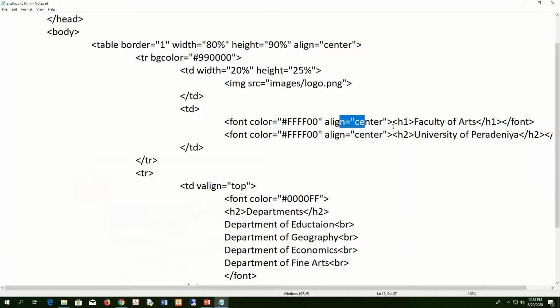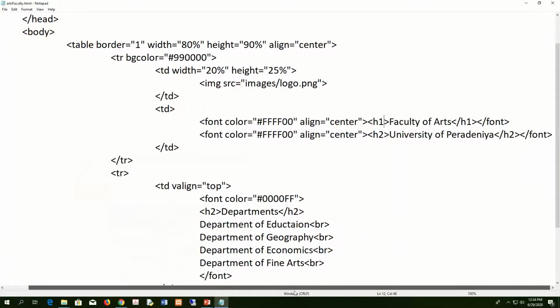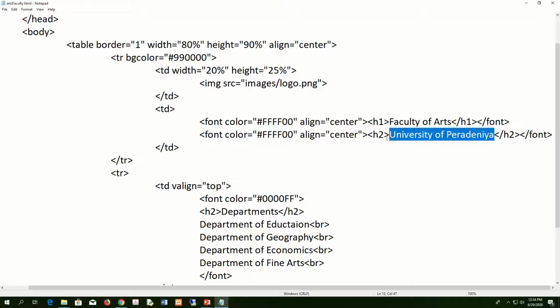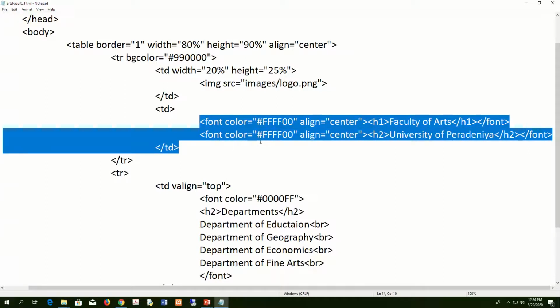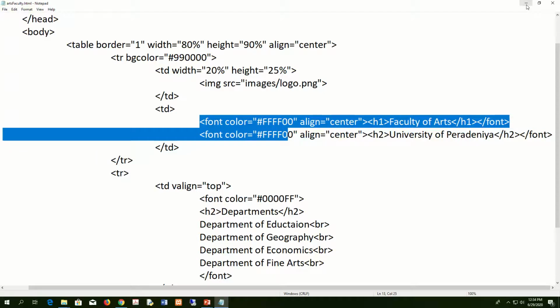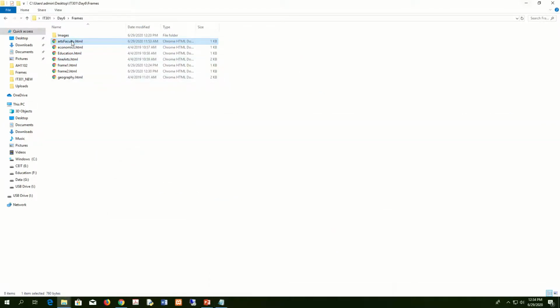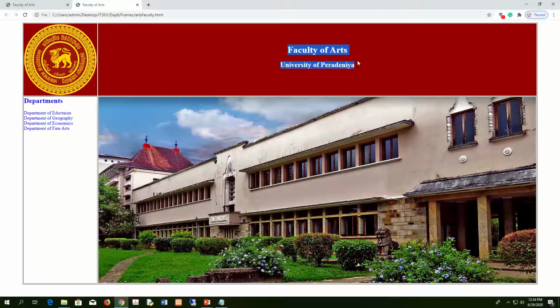So those texts actually use this font tag, right? And then align center, and then actually use the level 1 heading, Faculty of Arts, and then level 2 heading, University of Peradeniya, and then I use the align and font color attributes for formatting it, and then that is the second cell or the second column of the first row, right? Okay, this one, right? And then this is the third cell or the first column of the second row,